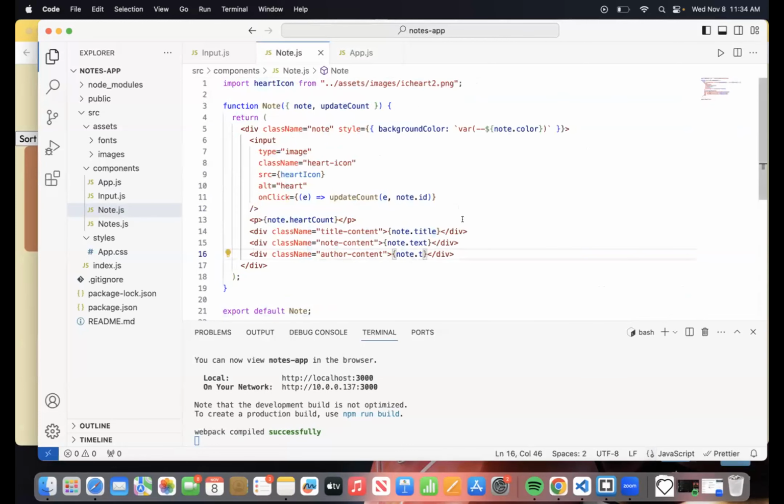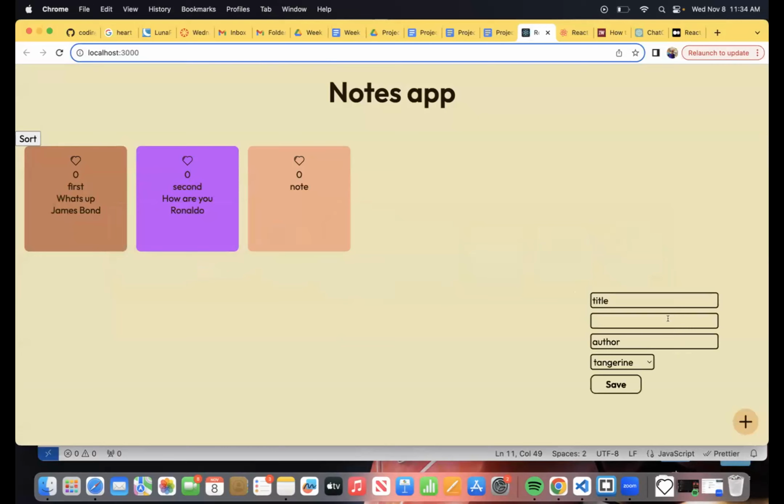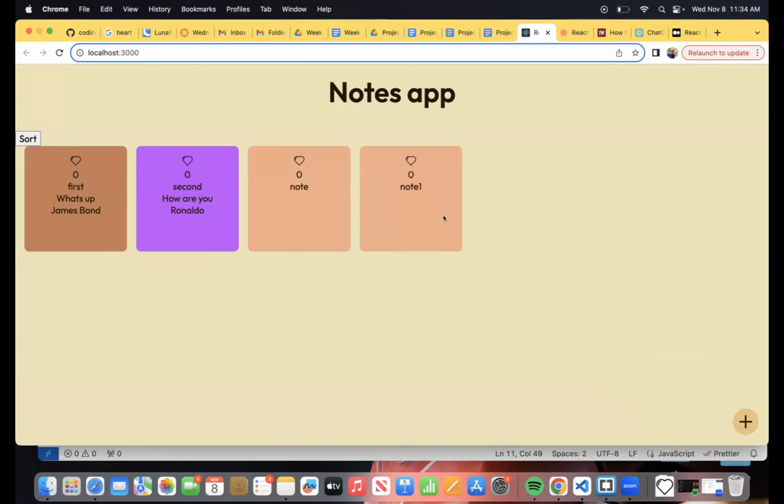So over here, I have to change this to node.author. Does this make sense for everyone? Let's try it out. Node 1. Let's see, save.